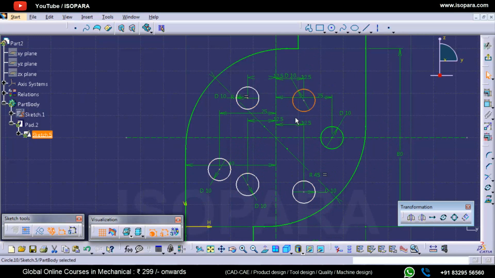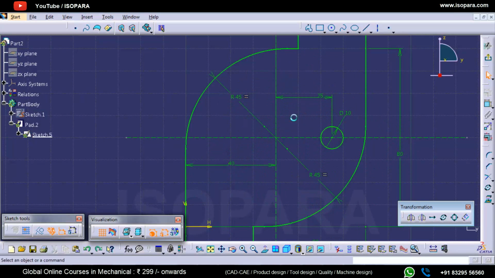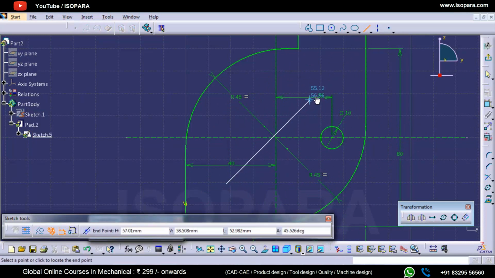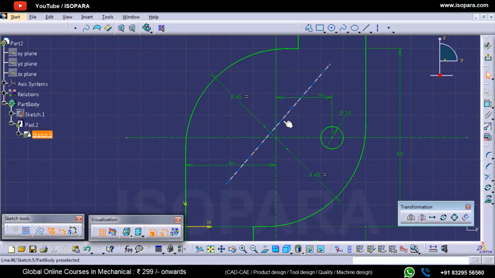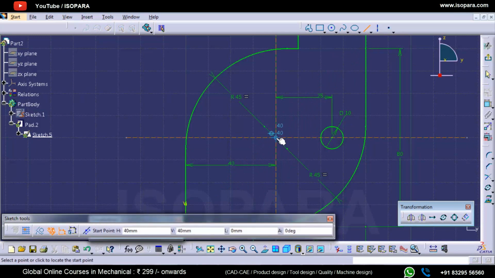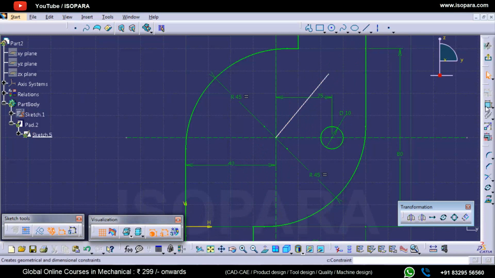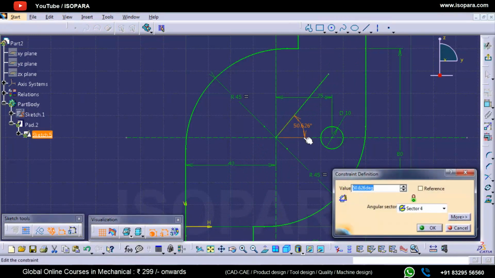So what I will do, if you need that one to be here, then we can create some more lines. We can define the angle 60.